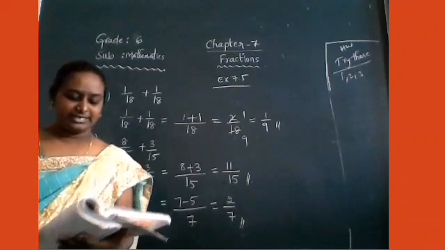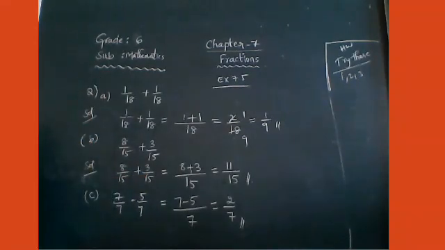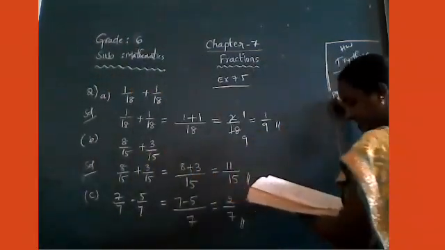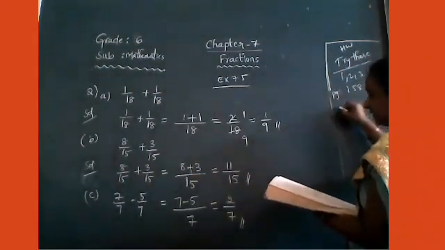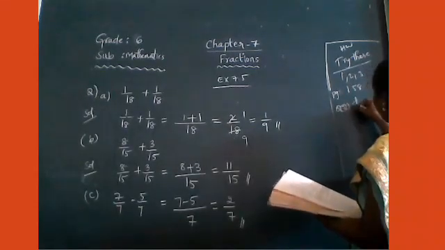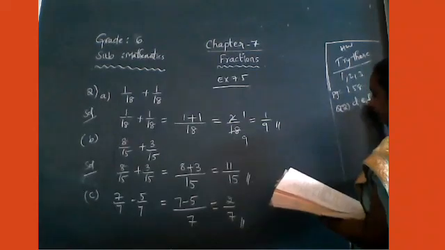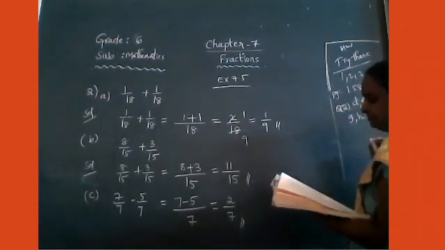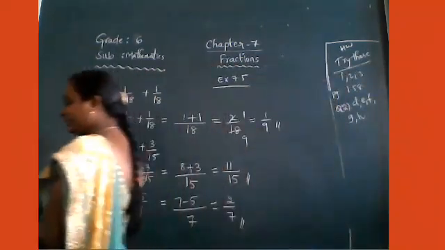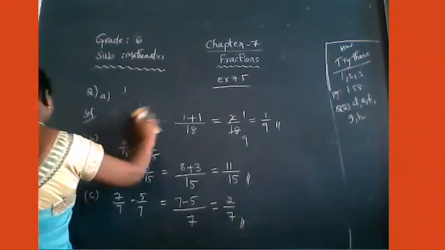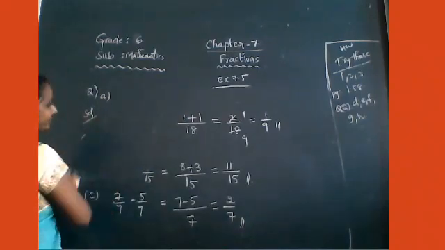So like that D problem, E problem, F, G, H, I. So remaining all problems you have to do. What are they? D. In page number 158, question number 2, D, E, F, G and H. Okay, right. And the last one, I. That is 3 minus 12 by 5.